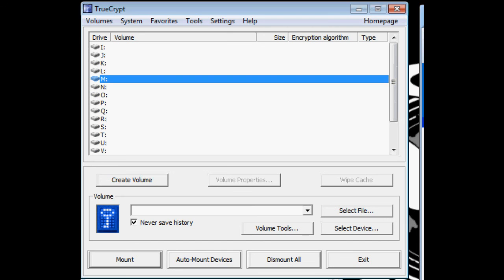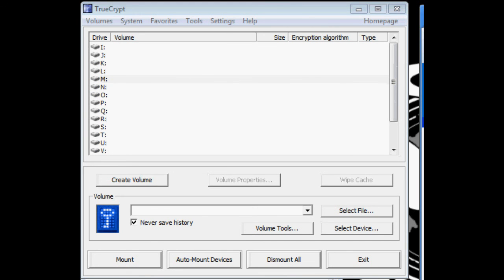Select a drive letter from the list. This will be the drive letter to which the TrueCrypt container will be mounted. So it's like a virtual drive mount. Next, click select file.